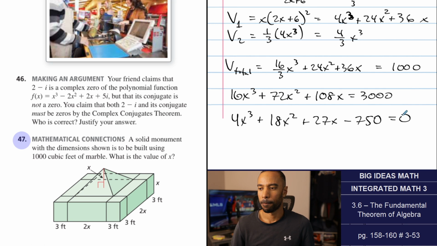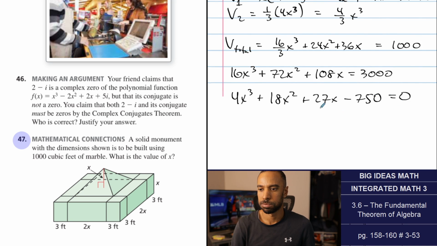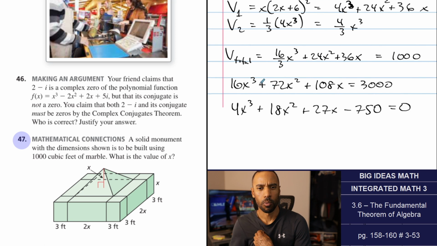Now, it's not factoring by grouping. I wonder if they want to use graphing calculator or rational root theorem or something like that. I think at this stage, because the numbers are so big, might as well go to graphing calculator. I mean, I can use rational root theorem within there as well, but if we do 4x cubed plus 18x squared plus 27x minus 750, whoops, minus 750, we would get,